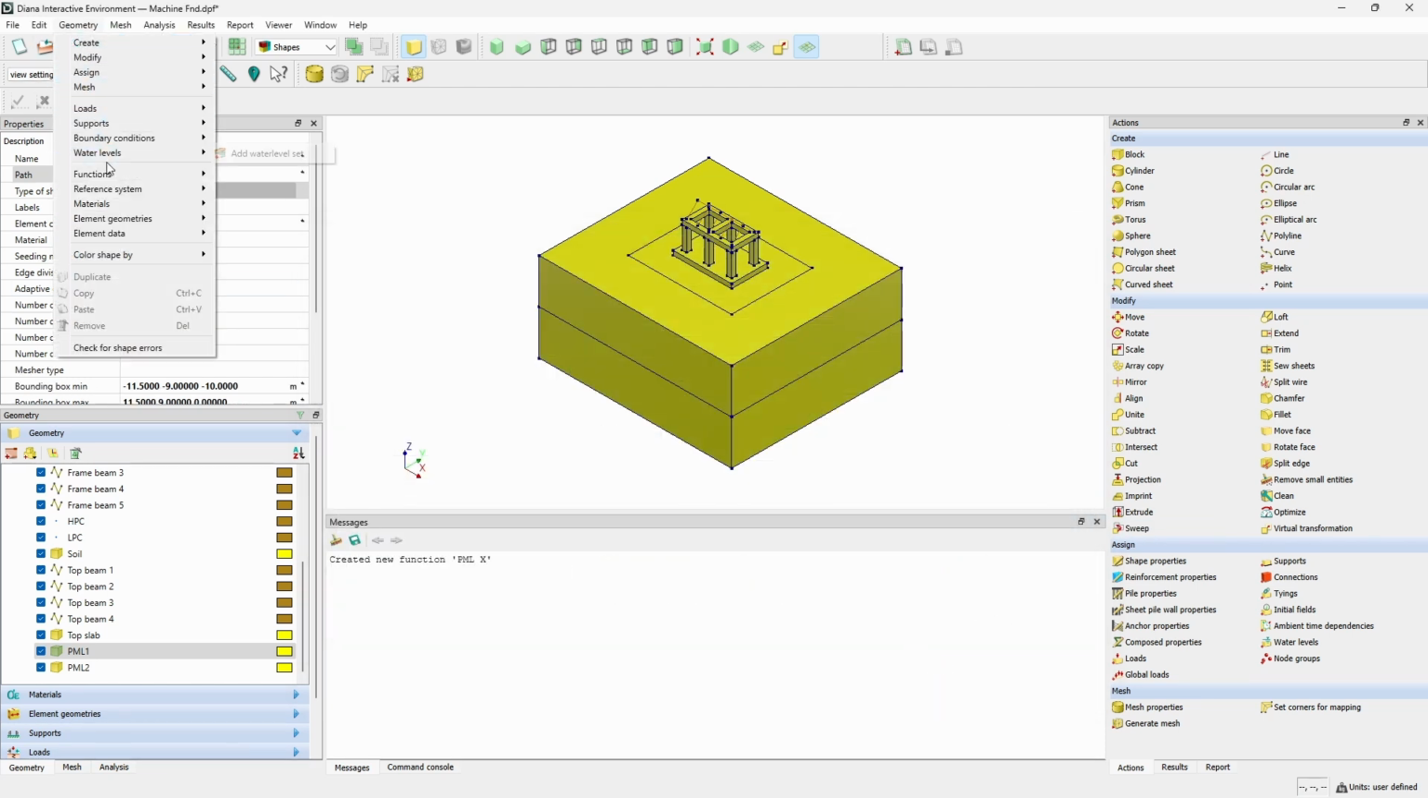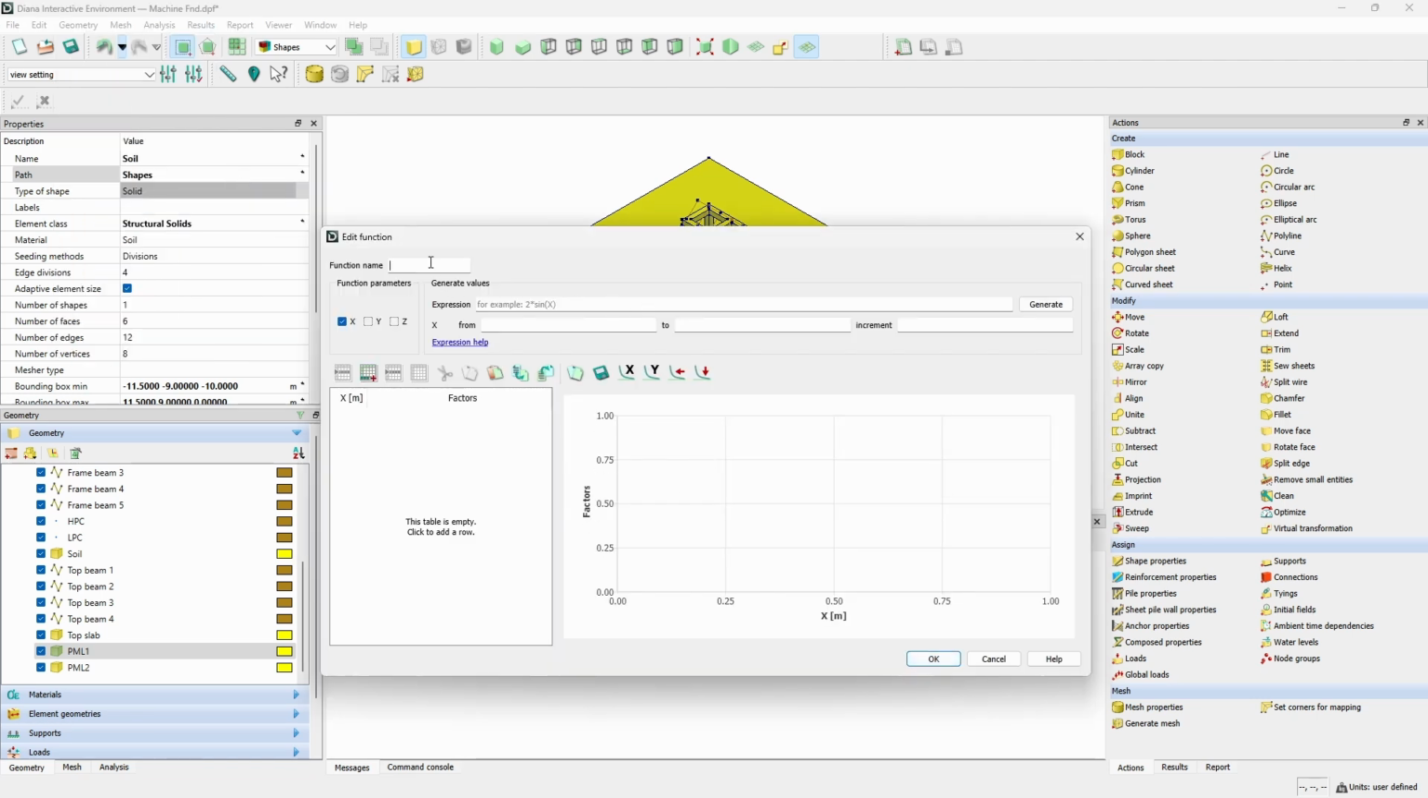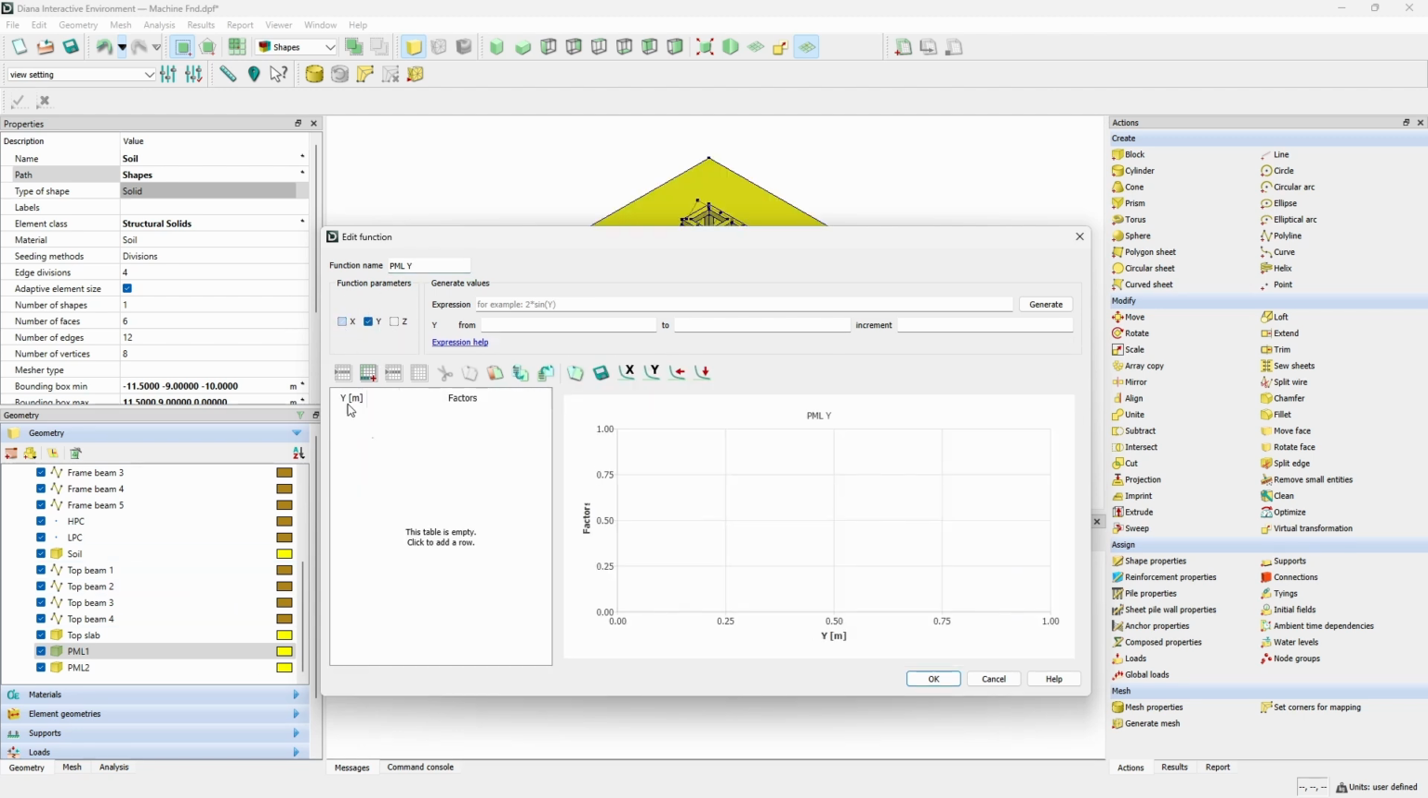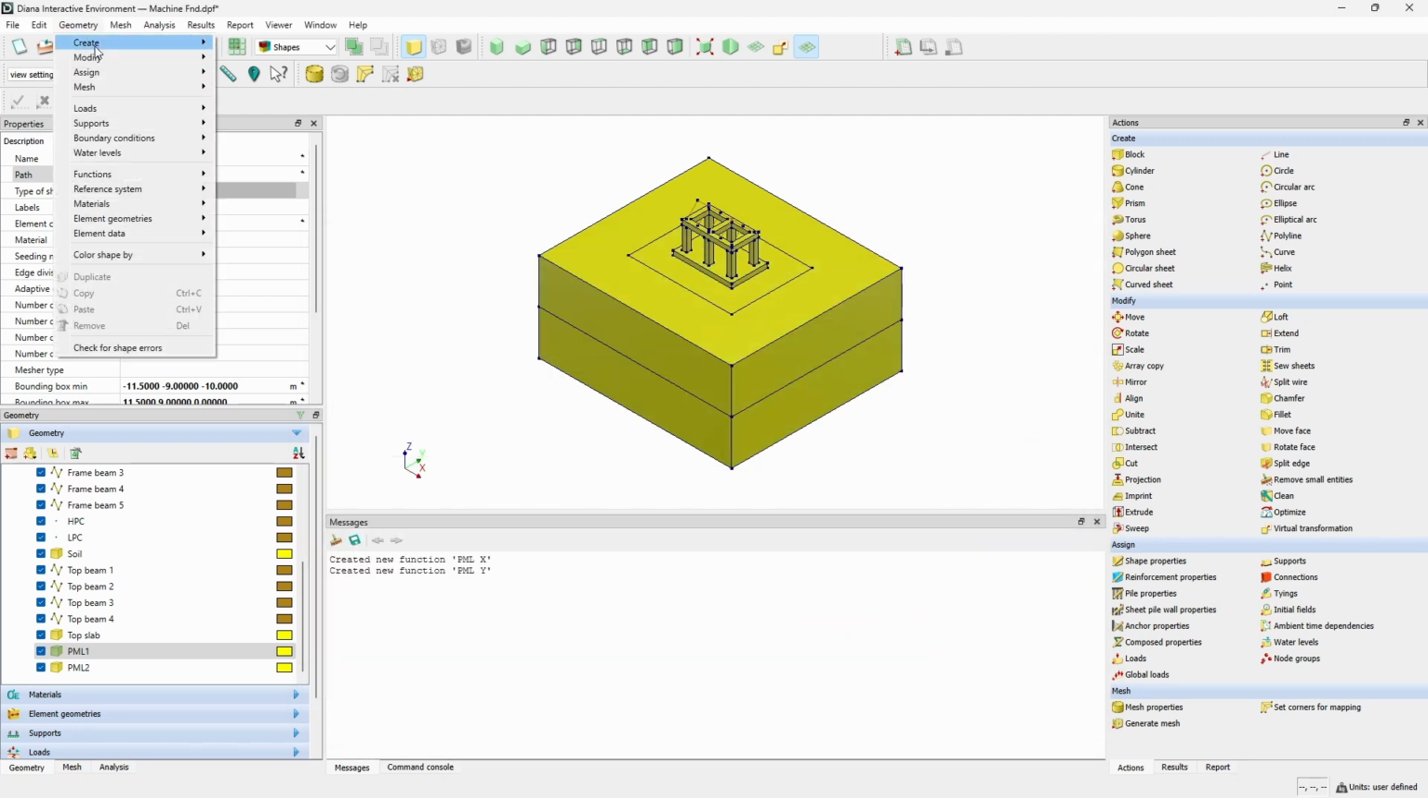Again, I come to the geometry function. For the second function, PML Y. In the function parameter, I select the Y. And for the data, I copy and paste data from Excel to the model very easily. Very good. And for the last one,